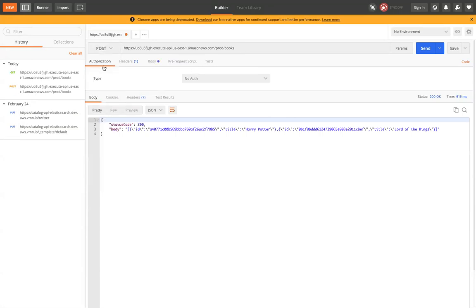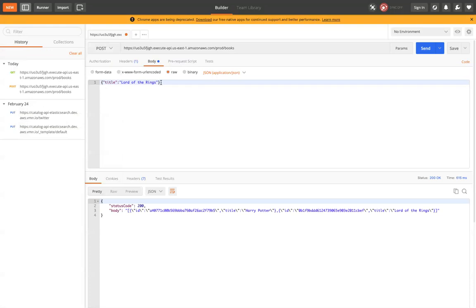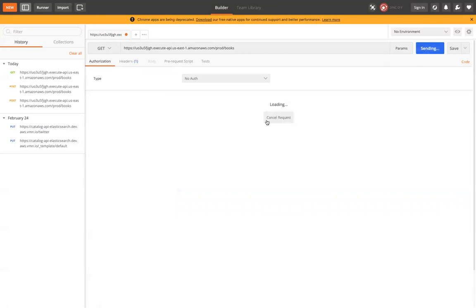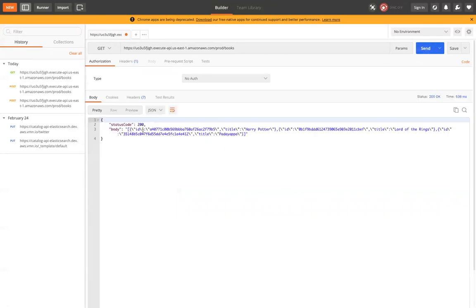Let us send one more and see. So let's do another post request. Let's go to the body, and let's probably send my favorite movie. So that's my favorite movie of Rajinikanth. Let me go ahead and send this, and let's do another get request. Now you'll be able to see 3 IDs over here, 3 IDs and 3 movie names that are inputted, right?